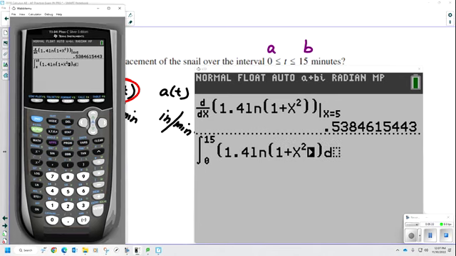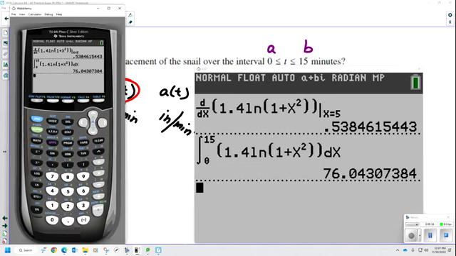We have 2 open parentheses, so we need 2 closed parentheses, dx. Now, it's a snail. It's not going to go 35 miles in 15 minutes. Let's use some common sense. If you get a number that's astronomically large, you've made a mistake. But this is in inches,